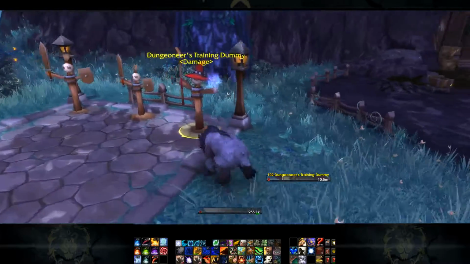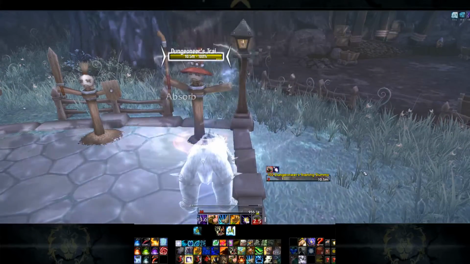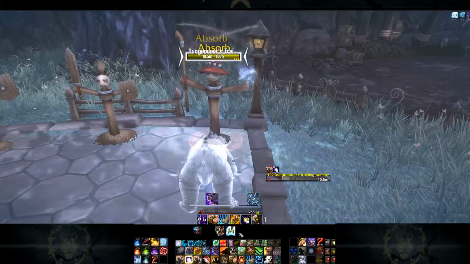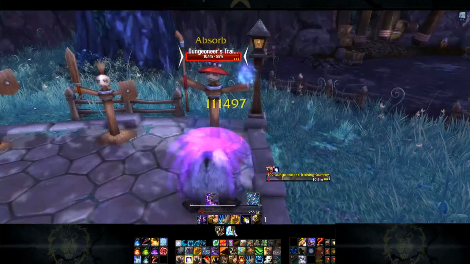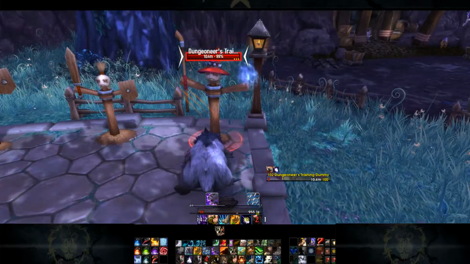So let's see if we can. Oh, it is the proc from the trinket. There we go. So 10% of my damage has just procced the thing. I will now get 15 rage when I press Moonfire. So again,